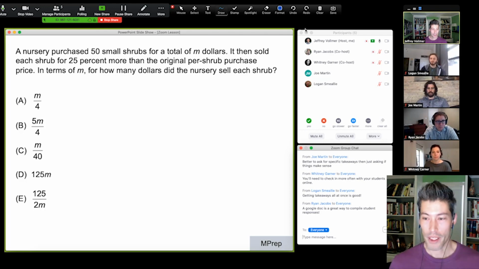So let's go ahead and simulate this. Okay, you've all been working on this problem now for a little bit. If you have an answer choice, please submit it to me in private chat. Yeah, keep the answers to yourself. Don't submit it to everybody. Just give me an answer choice in private chat when you're ready.